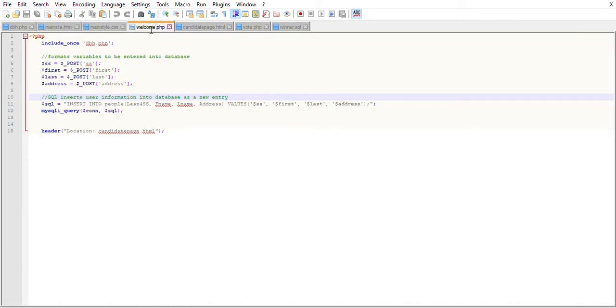So going into there, we include the first file, which connects us to the server, and then we change the format of the variables so they can be entered into the database, and then we write some quick little SQL to insert into the table of people. We have the names of the columns and then the values which we're going to enter, which the user just entered, and we're going to take that and put it into the table. And once that's done, we send them to the candidate page.html. So going into there,